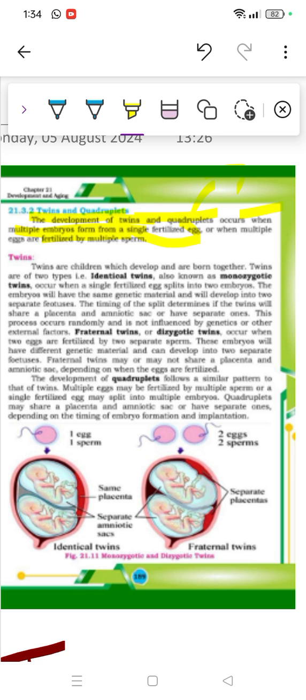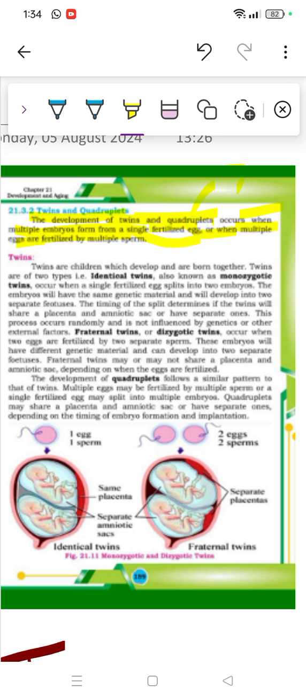This means they are talking about the mono. Multiple embryos are formed from a single fertilized egg. This means one sperm has fused, but still the egg is dividing into 2, 3 or 4. That's monozygotic. Then there will be another condition when multiple eggs